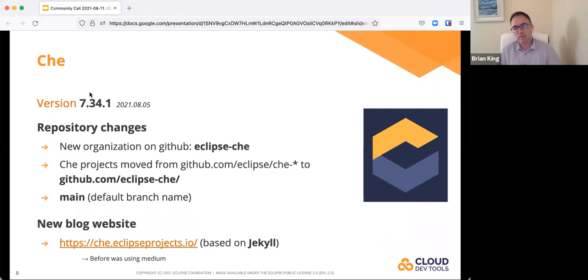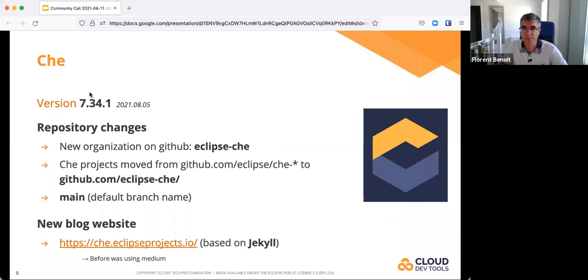So last week we released a new version of Eclipse CHE. It's 7.34. In the last months, we made a change on GitHub. We had a lot of repositories on GitHub, and we had troubles with the CI stuff. So now we have a dedicated CHE GitHub organization, which is called Eclipse CHE, and we moved all the CHE-related projects to this GitHub organization.